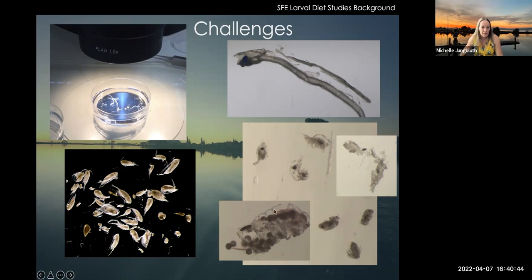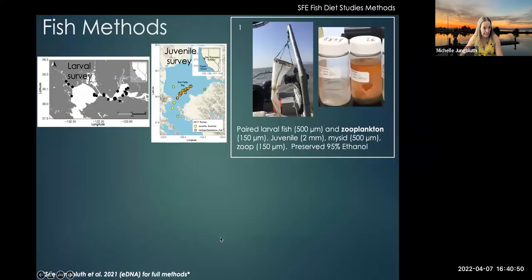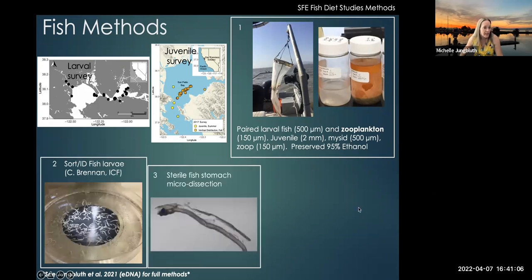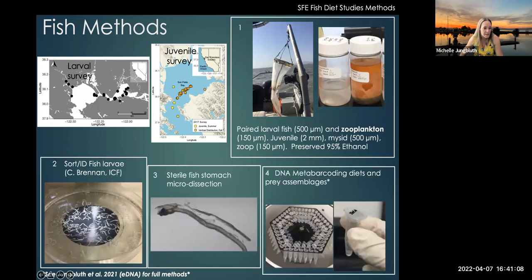So there are challenges in morphological identification of the species. That's, of course, a clear advantage of doing dietary DNA. As far as collection goes, we did paired larval fish and zooplankton for the larval study, and juvenile fish trawling with the 2 millimeter net, with mysid collection and zooplankton. We preserved them in 95% ethanol, then sorted and identified the larvae,